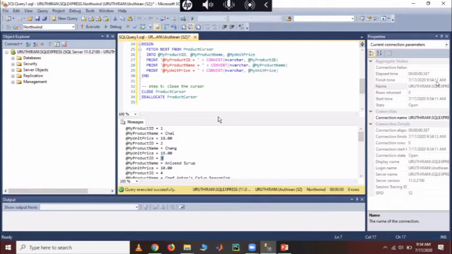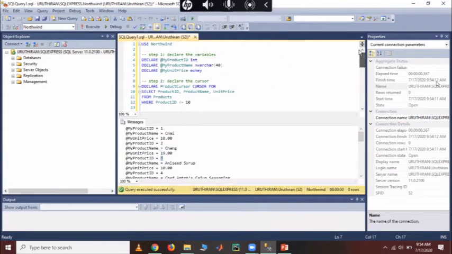In the cursor, there are 5 steps. First, declare the variables. How many attributes do you want to retrieve?